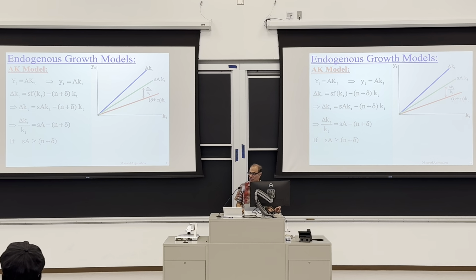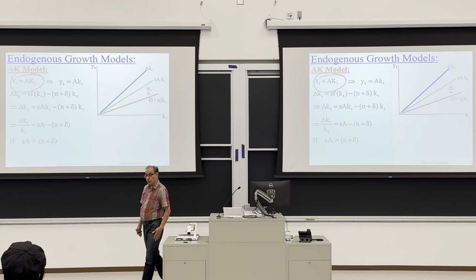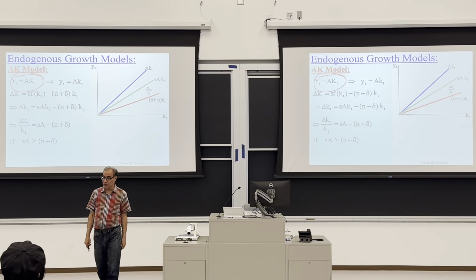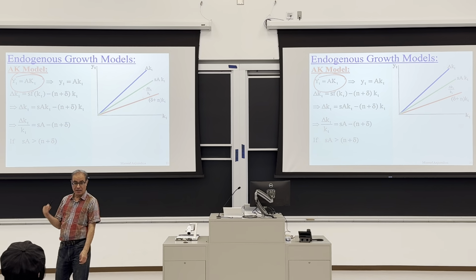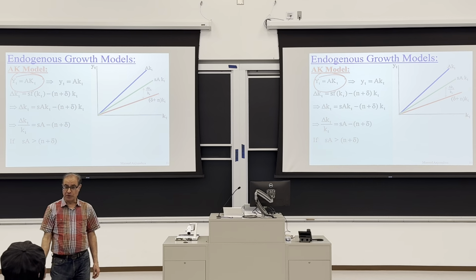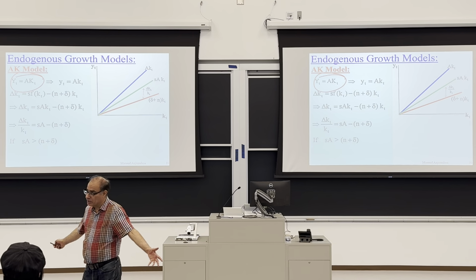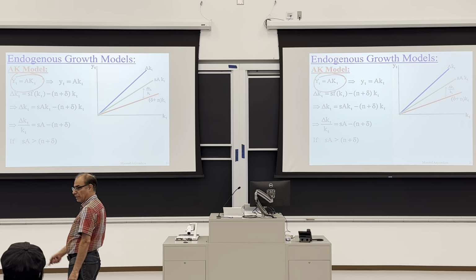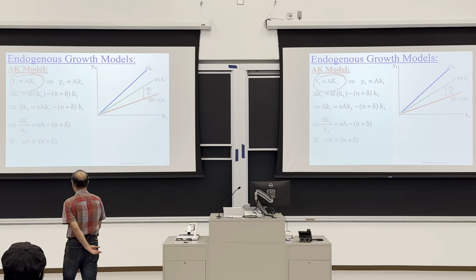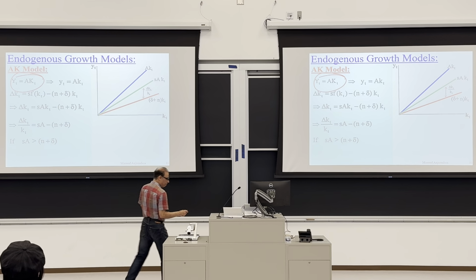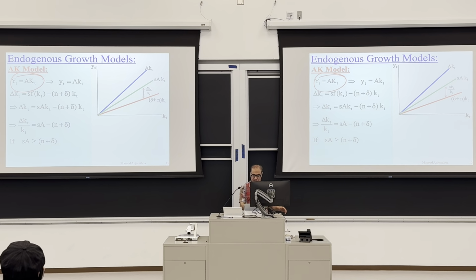So, continuous growth. Now, as I said, the only thing here is why your production function is like that. You need to have a good story. If you have a good story to make your production function like that, they put your name on that model. So few people in the past did, like the Romer model, Barro model. But as soon as you get the AK model,